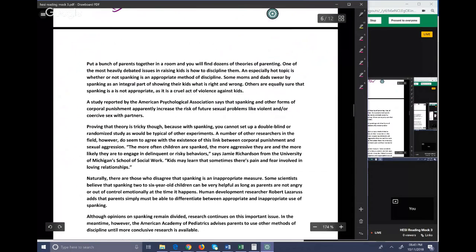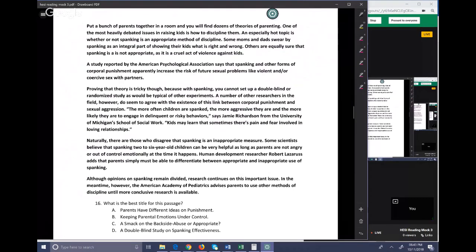The next passage. The main idea that I got from the intro paragraph was spanking. Some say good, some say bad. So what you should have come out of here knowing about the main idea is that they're saying some people think spanking's good, some think it's bad. The second paragraph, I said a study. So again, we have mention of a study, but it's not the main idea. It's just one of the ways that they choose to explain their main idea.